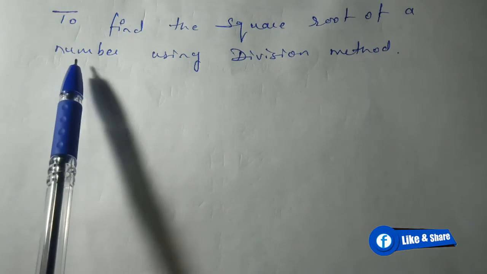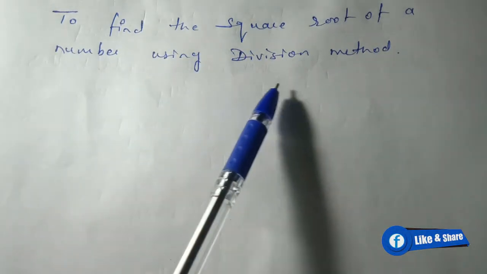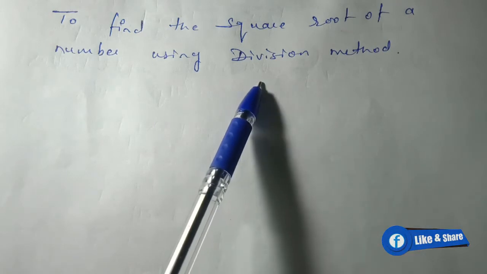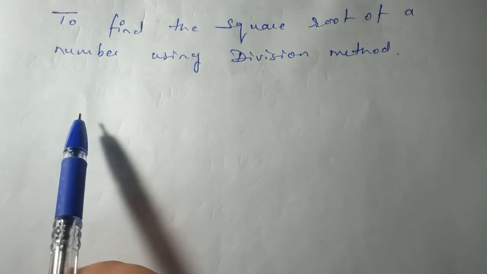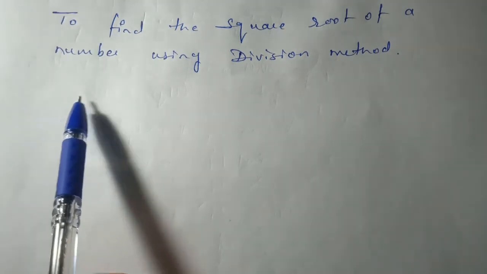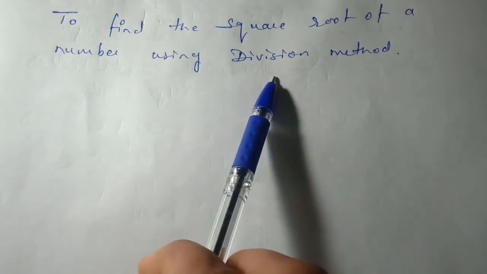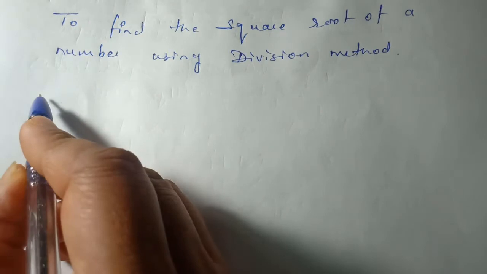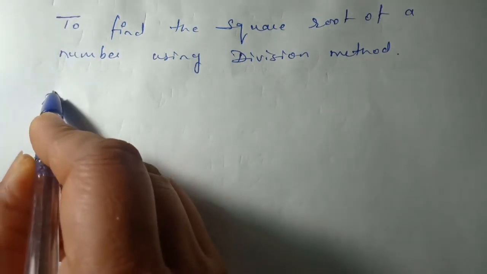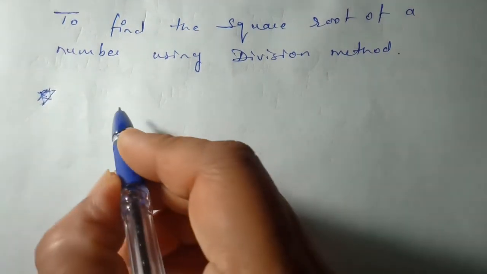Yes, students, let us take the topic to find the square root of a number using the division method. This is the third method through which we're going to find the square root of a number. We have learned finding the square root using the subtraction method, second through the prime factorization method, and this is the third method, that is the division method. So you have to learn it carefully because it can be used in the higher classes also in the basic